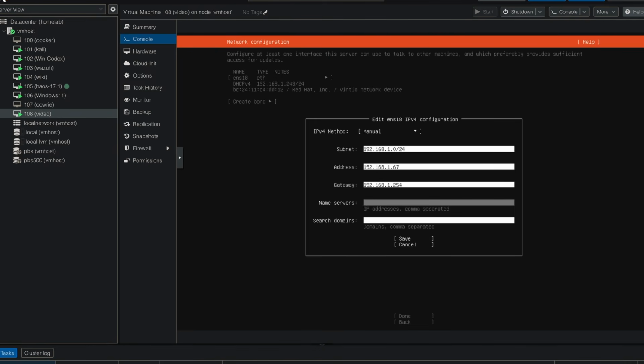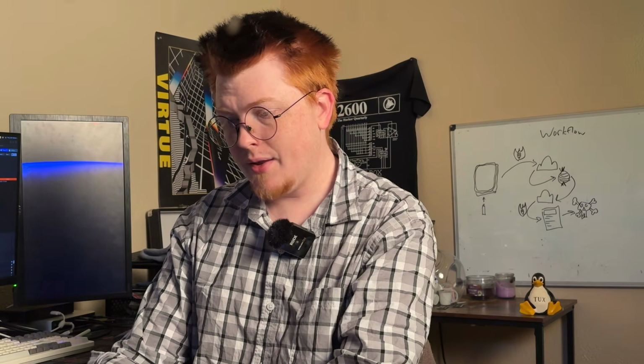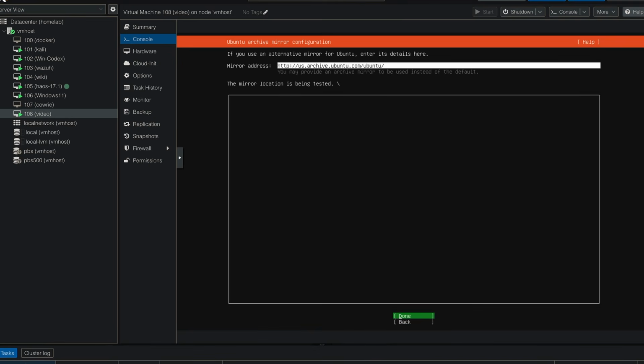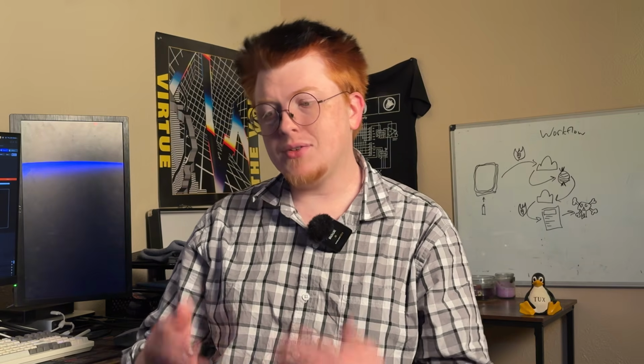Then we need to add name servers. I'm just going to throw quad 8 in there. Okay, so we've set up our networking. Now it's going to just validate that everything's okay, which it is, so we'll hit done. Then it's going to ask us if we want to set up a proxy. You're probably not going to have a proxy, so let's leave that blank. Finally, it's going to actually update the list of available software